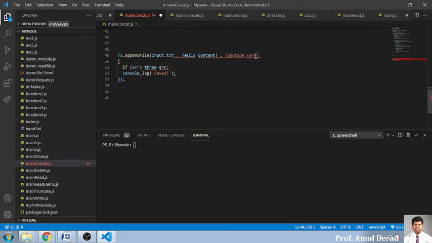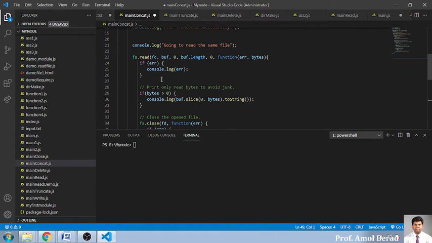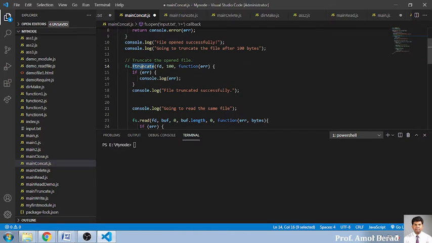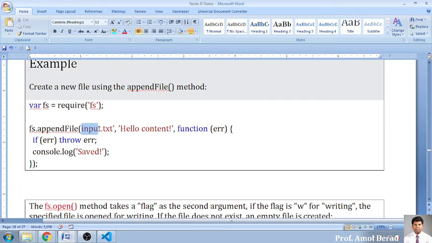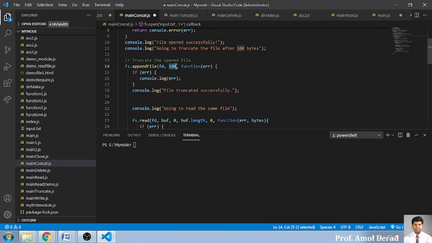So this is the append function, and you want to add something into this. So I just remove this part, and the name of the function is appendFile. I'm removing this, and here the append function that was truncate, I'm writing over here. The parameters here are simple. As I said, in the append function, the first parameter is the name of a file. You can give the file name directly, or you can give the object, and then the contents you want to add into this. So these are the three parameters. I'm just copying the content and putting it over here.